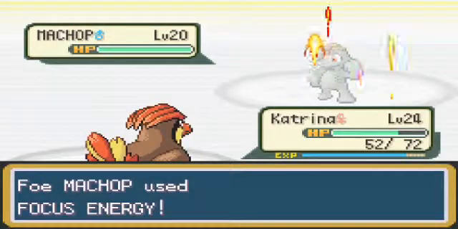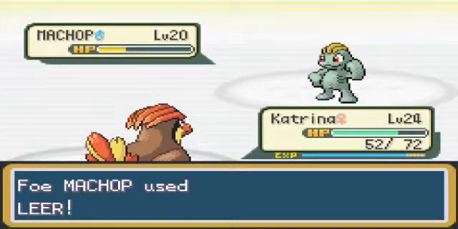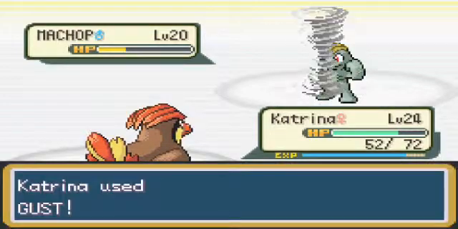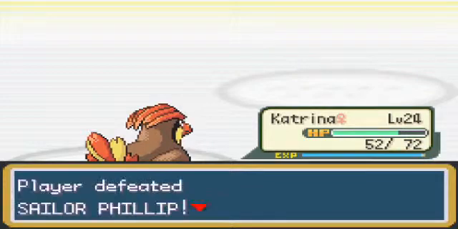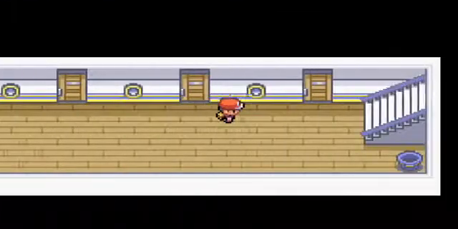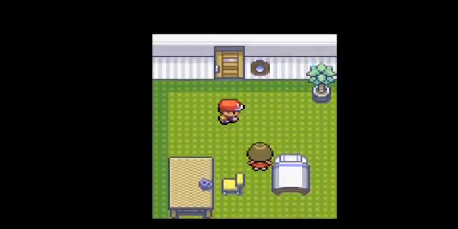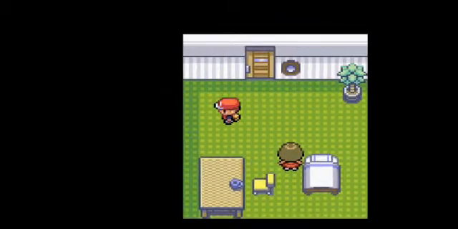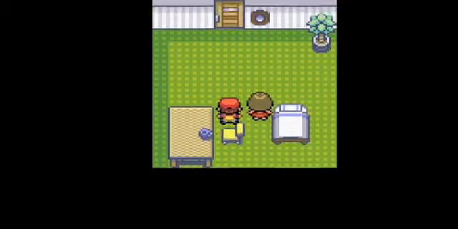But we're going to take out this Machop here with Katrina, because Katrina takes care of Machops, that's what she does. Now, I should warn you guys, Katrina is normal flying, so she has that resistance to Machop a bit, but normal types, that's really redundant, are not resistant to fighting. They're actually weak to fighting. So if you have a normal type,